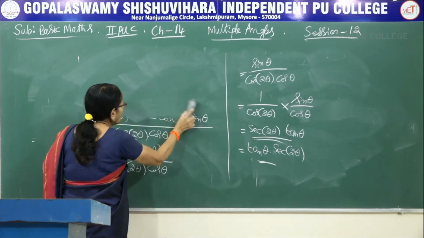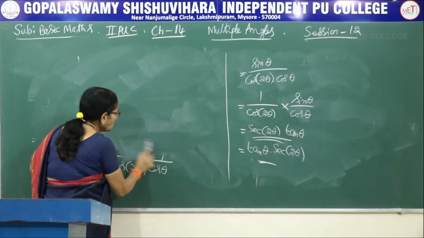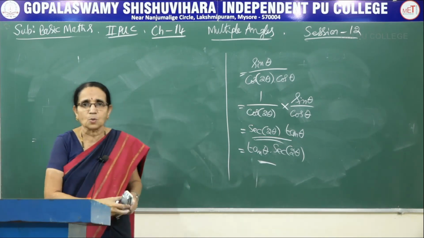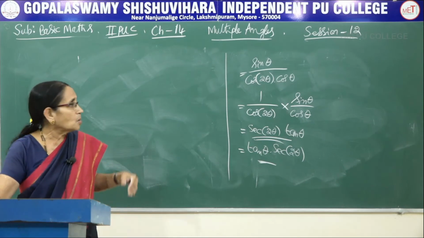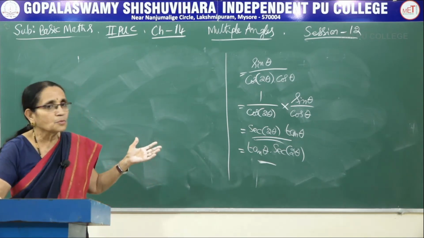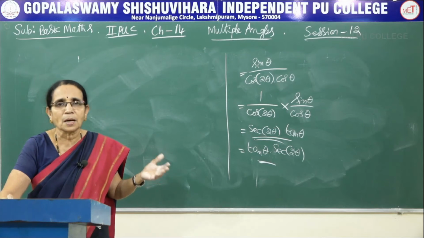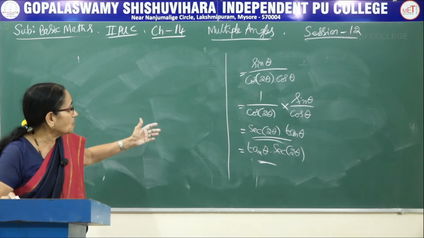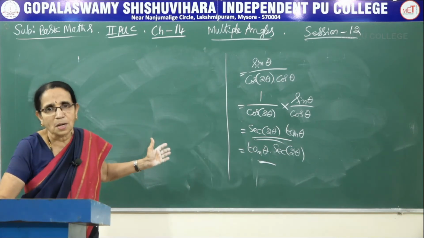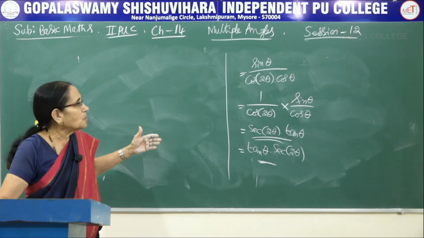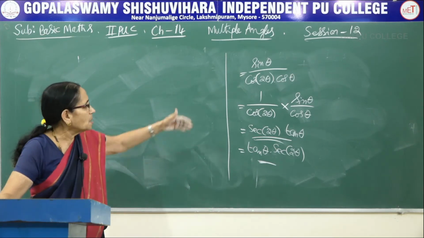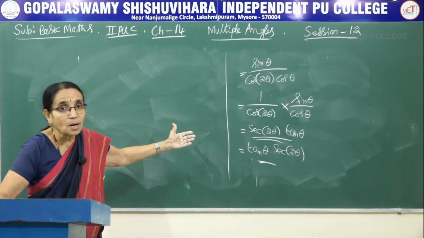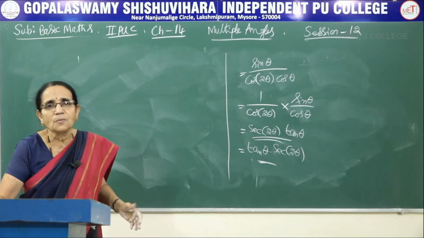So in each problem we are using different information. See, in one problem we made use of the allied angle rule and the reciprocality. Now in another problem we made use of the reciprocality and the multiple angle formula and basic addition or subtraction of the fractions. In this one, first we wrote tan theta as sin theta by cos theta. We took the LCM. We made use of the compound angle formula and we made use of the fact that tan theta is sin theta by cos theta and the reciprocality of the ratio,